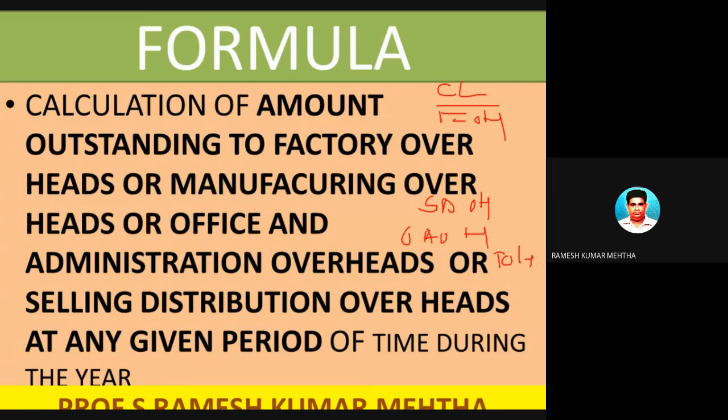So wherever you can use the same formula, but in the formula wherever overheads are there, you either use factory overheads or selling and distribution overheads or office and administration overheads or total overheads as given in the formula. Okay, so if I derive one formula, automatically that formula will be used for all these four put together, even including